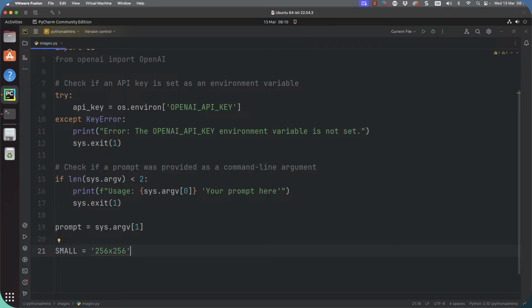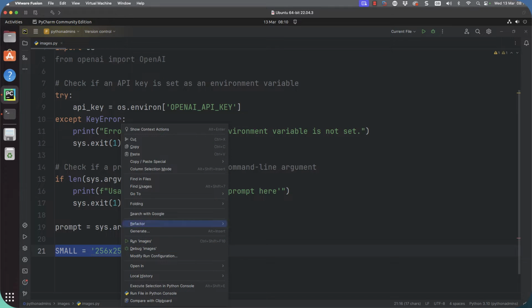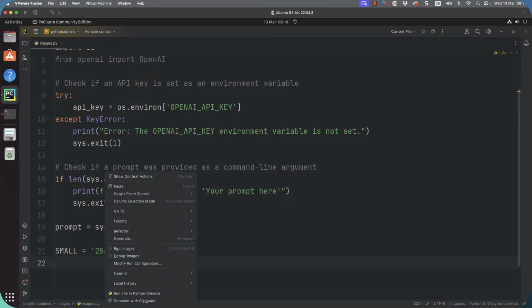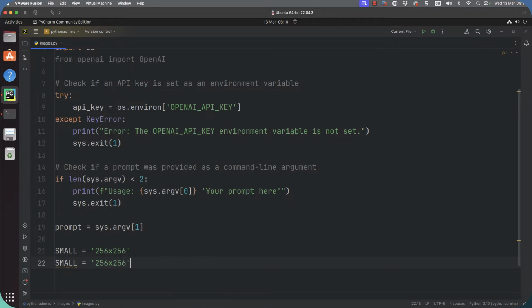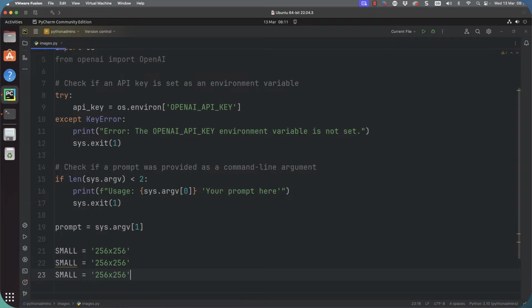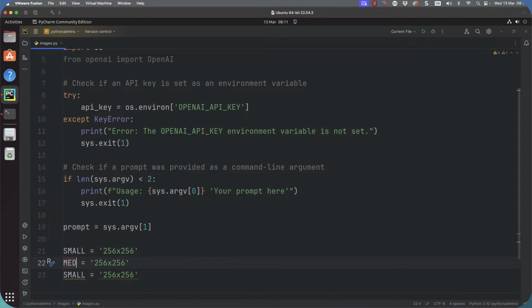And then we might as well copy this down because we've got 3 square sizes. So we could call them maybe, I don't know, small, medium, and large. So let's go through and then just paste it down, and then paste it down again. Our medium, you can probably guess these sizes, it's going to be 512 by 512.